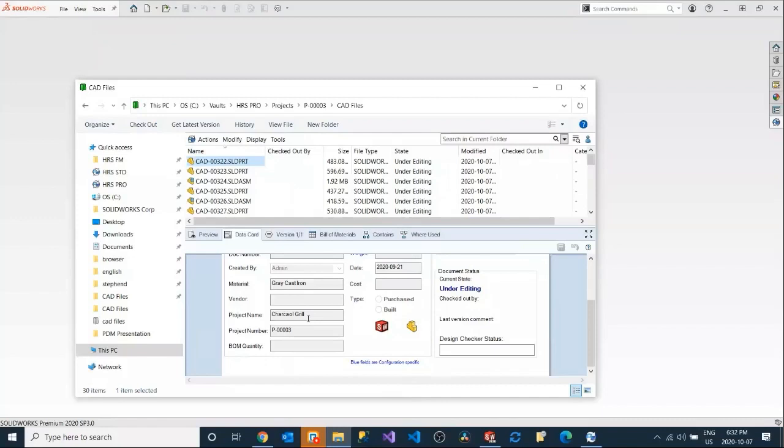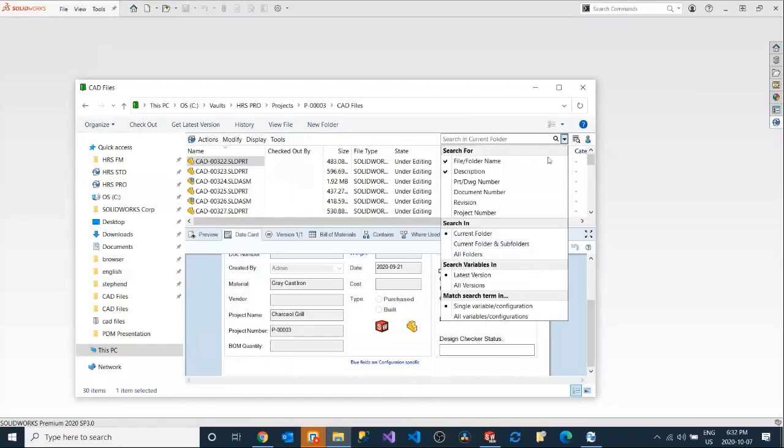Now you might be wondering, how am I going to find the grate to work on? This is all serial numbers. Well, again, that's the power of PDM search. So I can go up into my quick search here. I've designed it to use these 5 variables that I could use. So if I wanted to search by description or drawing number, document number, revision, whatever it is, you can plug